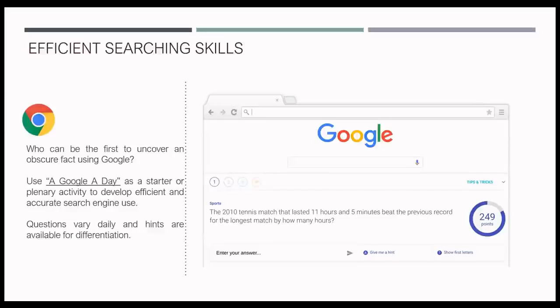It will enhance the skill of searching. For that, what we need is the Chrome browser, which is a Google product, and there in the Google search engine you type A Google a Day, you will reach this screen which is shown here.